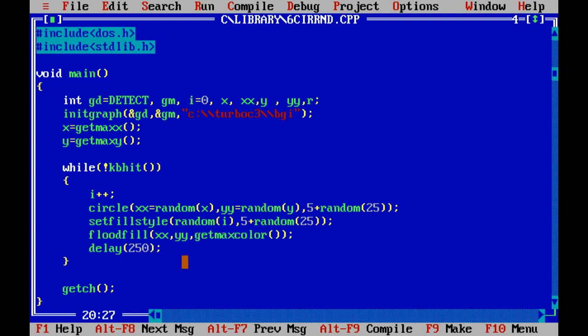In each iteration it waits 250 milliseconds. This line gives us the animation effect in our output. Okay, now we show the output once more.